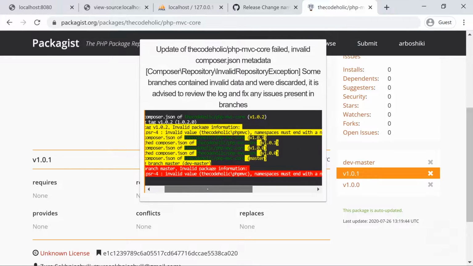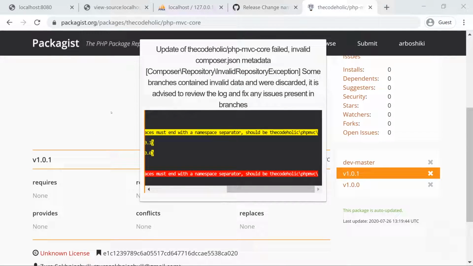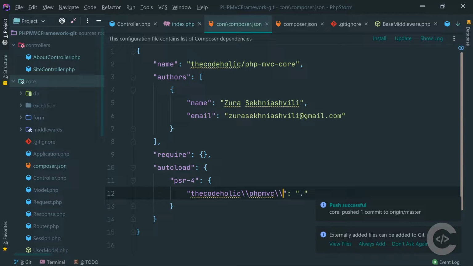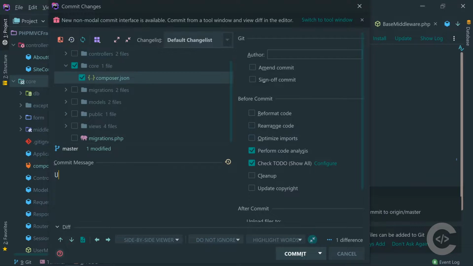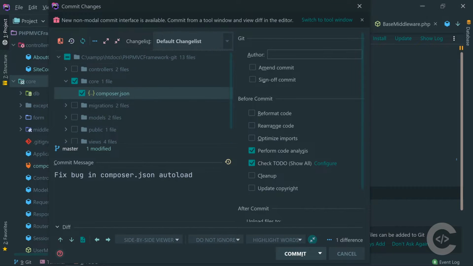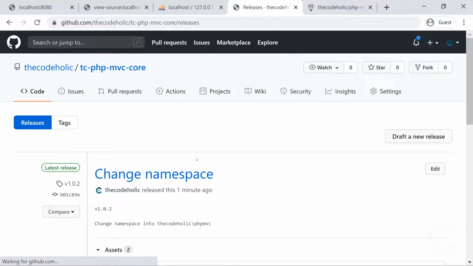So the namespace must end with a namespace separator. Oops, my mistake. That was my mistake. So we need \ right here. We have to commit this again, fix bug in composer JSON autoload. So push this. We have to create a new release,